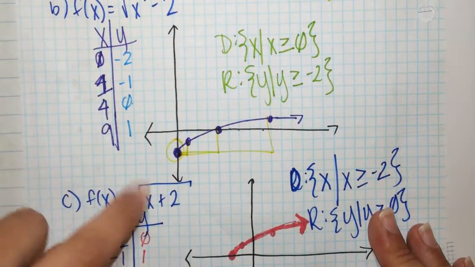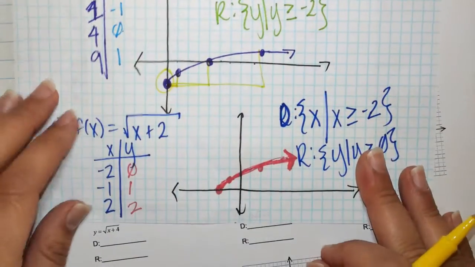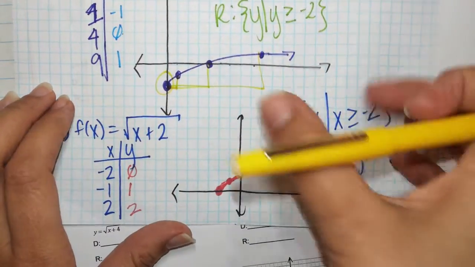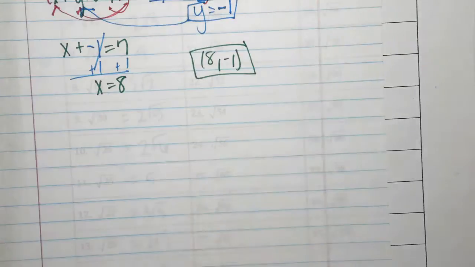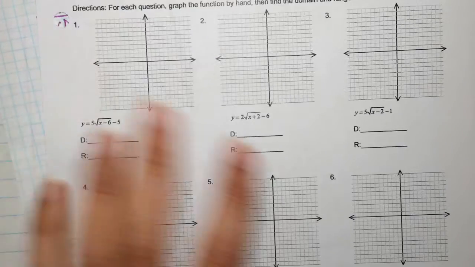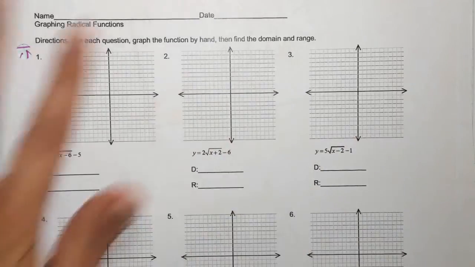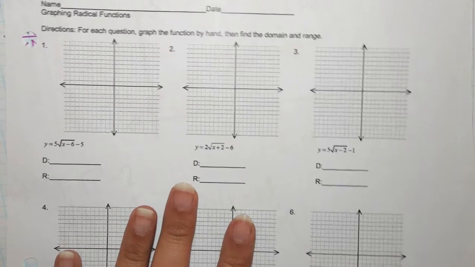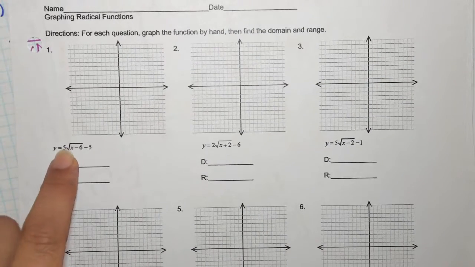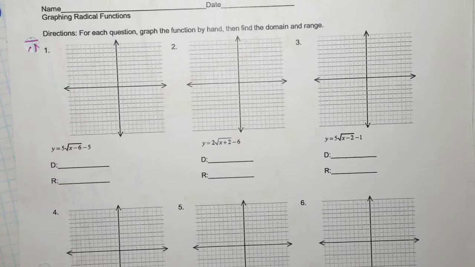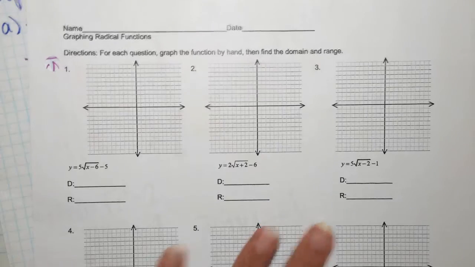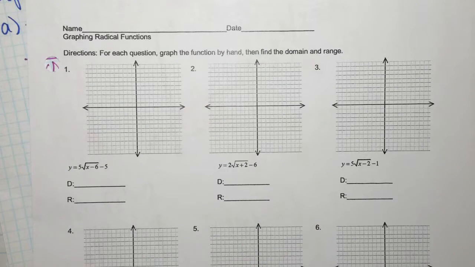Oh, and Emily, we didn't do one with a number outside. I'm sorry. I thought we did. So then, let's do this. Now, you should be able to apply what we did in class yesterday to your homework. It's crazy. But with the numbers out front, you have to multiply after you plug in your numbers under the